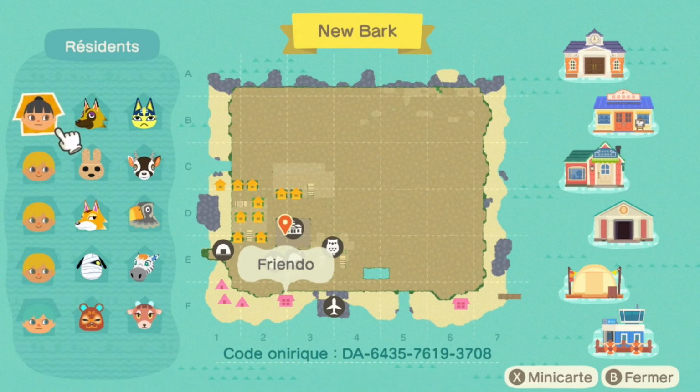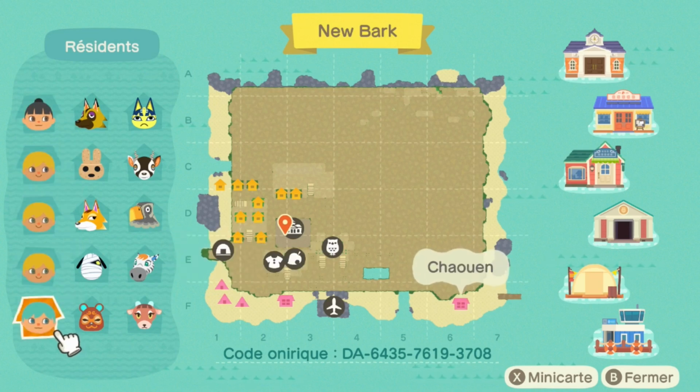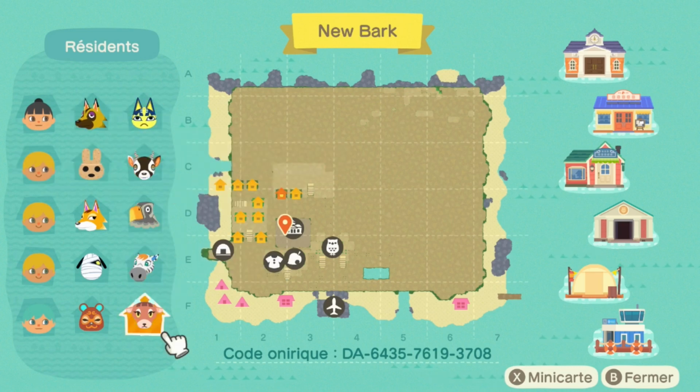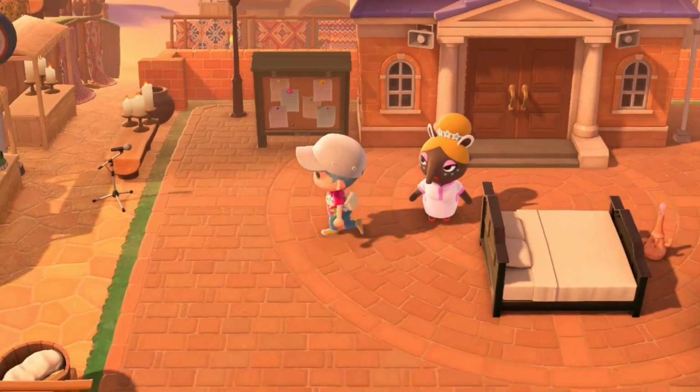So this island is called New Bark, and as you can see there's a small village where we are right now, and everything else is just covered by sand. She replaced every single piece of grass by sand. And yeah, the island creator is Friendo, and it looks like we have 3 merchants and another player. And it looks like all of the villagers have been so carefully picked because they all fit the desert theme and colors so well. So without any further ado, let's just start this tour,